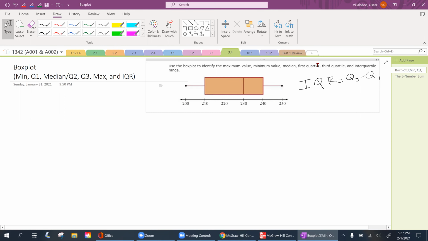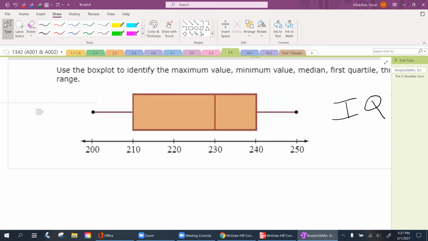So we're going to go ahead and apply this to box plots and identifying a few things. We're going to identify the minimum value, the Q1, the Q2 or your median, the Q3, the max value, and the IQR. So looking at this box plot here,